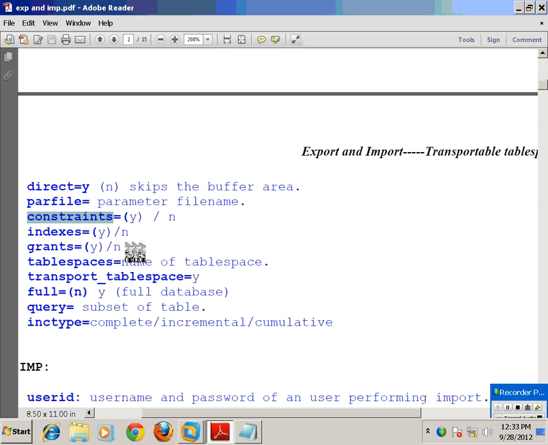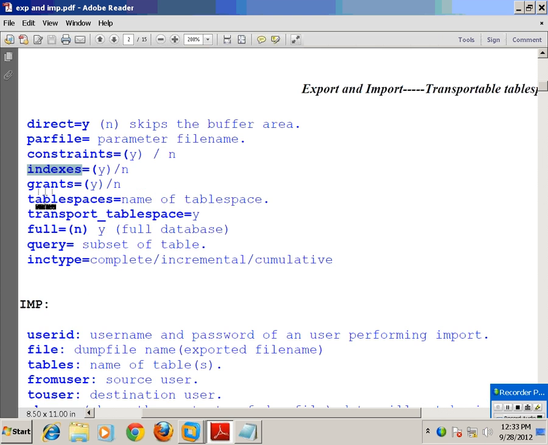Default value is Y. You can define N to skip constraints. INDEXES is used to take backup of indexes or skip indexes, yes or no. GRANTS is used to grant object level privileges on a table.